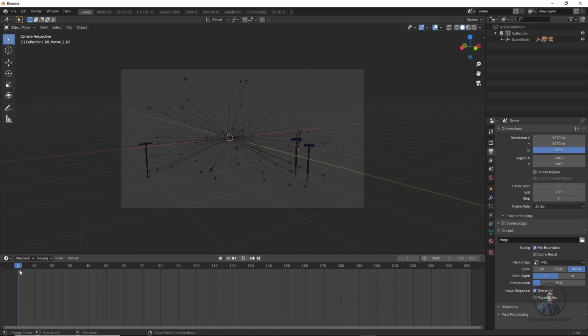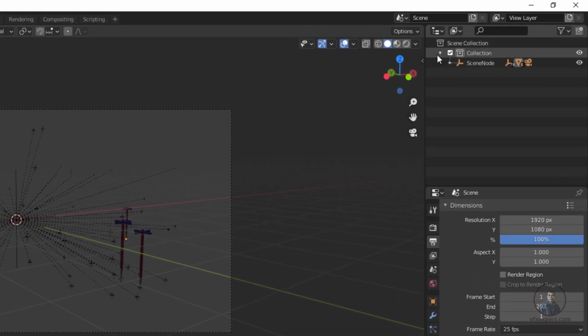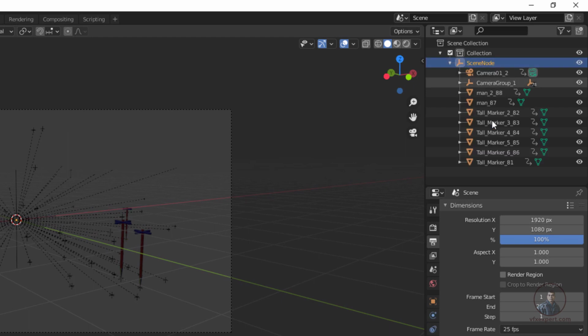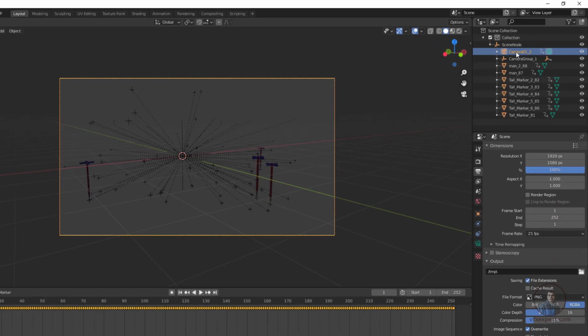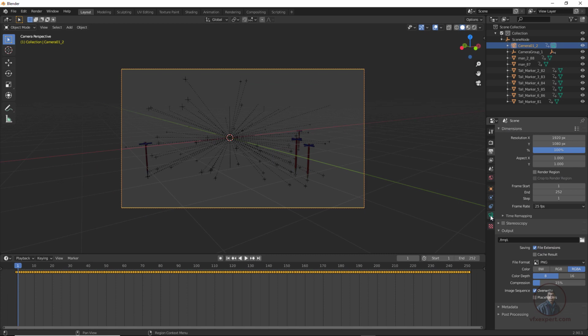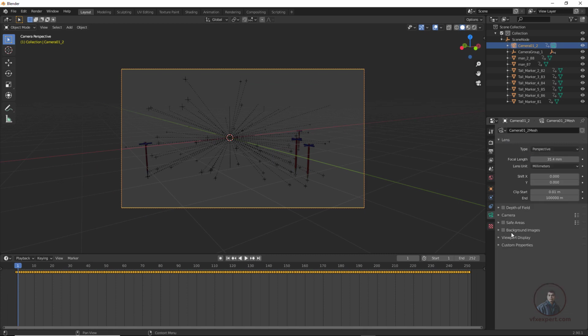Now first we have to load our footage here. On the right side you will see some options. Simply click on the scene node. This is our scene group. Then downside you will see this is our camera. Select it, then downside click on camera. Here, background image means we have to load our footage.